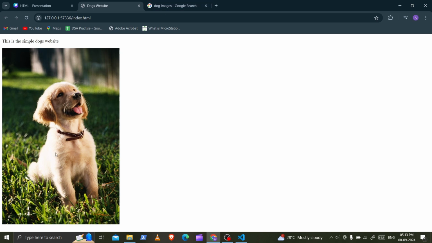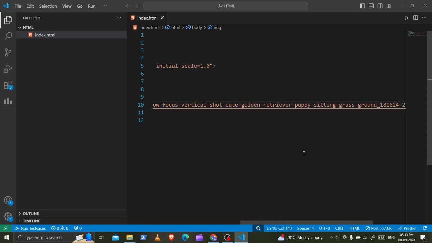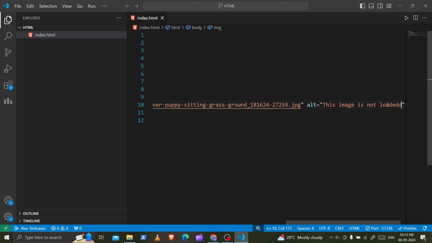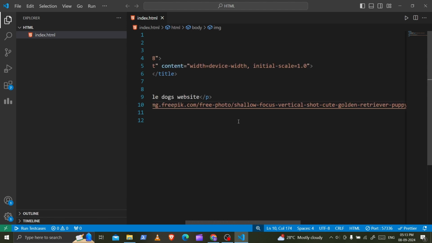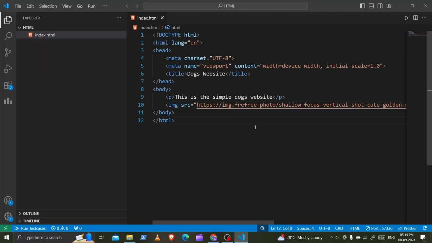Suppose this image is not loaded properly, and I want to show some alternative text, like "image is not loaded", I can directly add it in the alt. If I make some changes in the link, so this is an invalid link, and I go to the website, then you can see it says that this image is not loaded. So in this way we use the alt attribute, and there are many other tags like